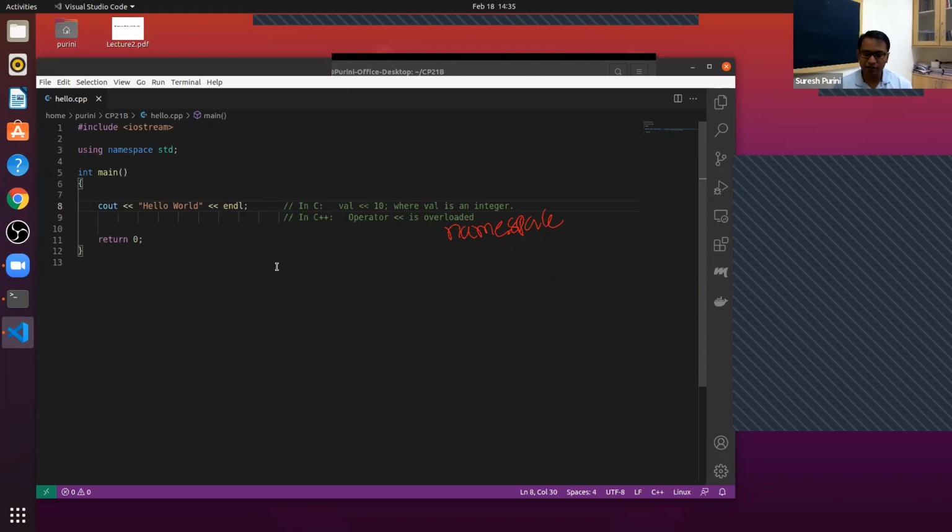Namespaces are not objects. std is not an object; std is a namespace. cout is an object.